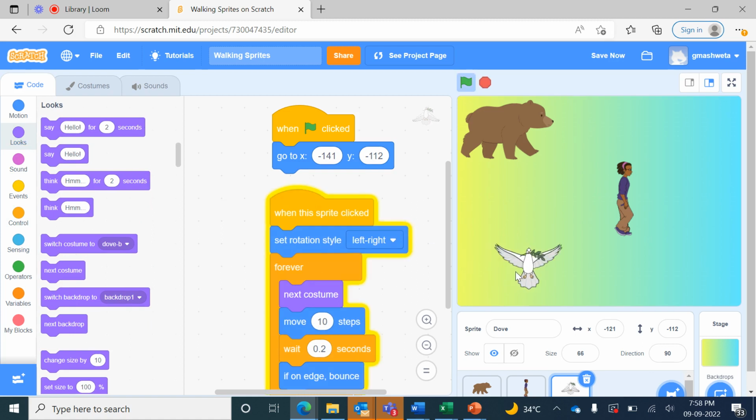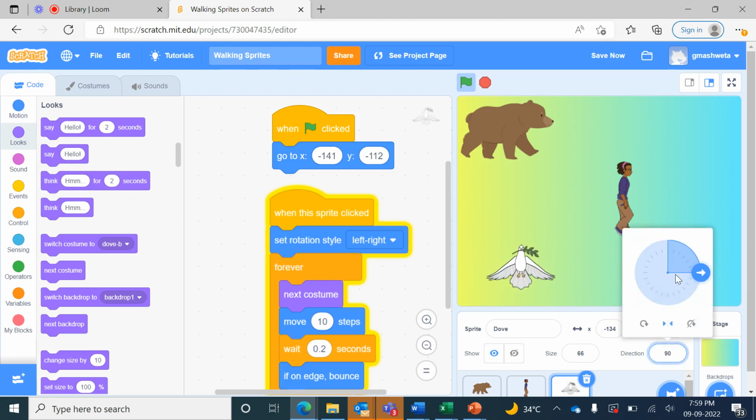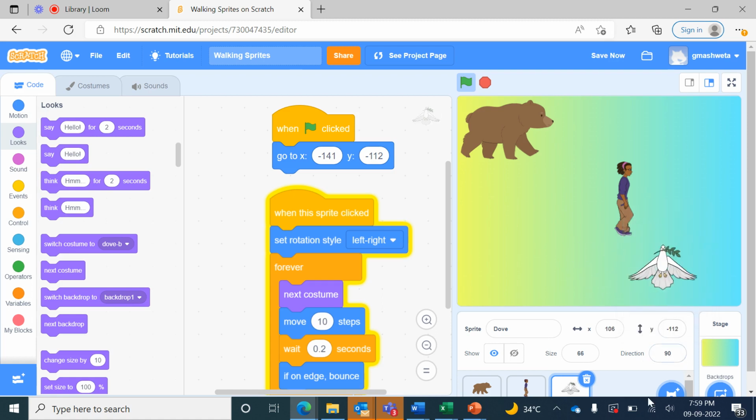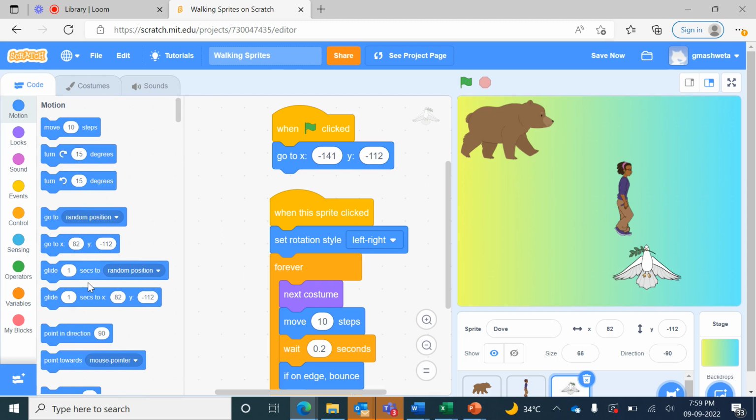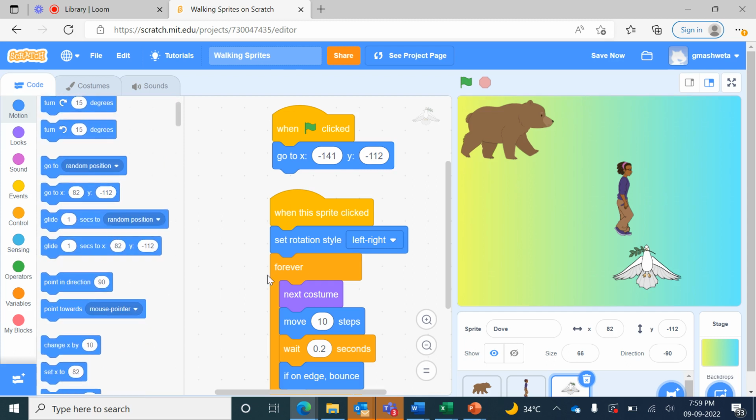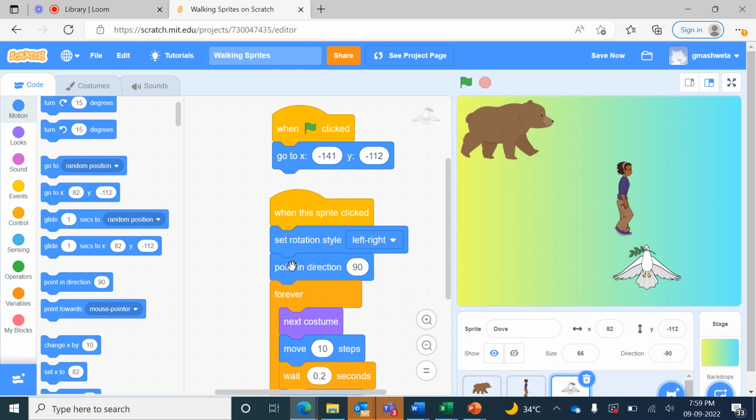Now when I click on the dove sprite, it starts changing its costumes and moves in the right side direction, because by default this direction is 90, and when it touches the edge the direction changes to minus 90, and here now changed to 90. But students, the dove should be flying all over the screen in different directions. So from motion we can bring the command point in direction in the beginning and change the direction to some random number,